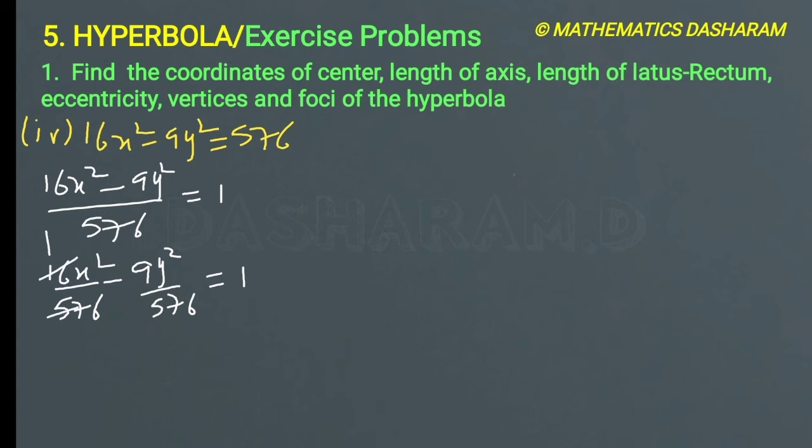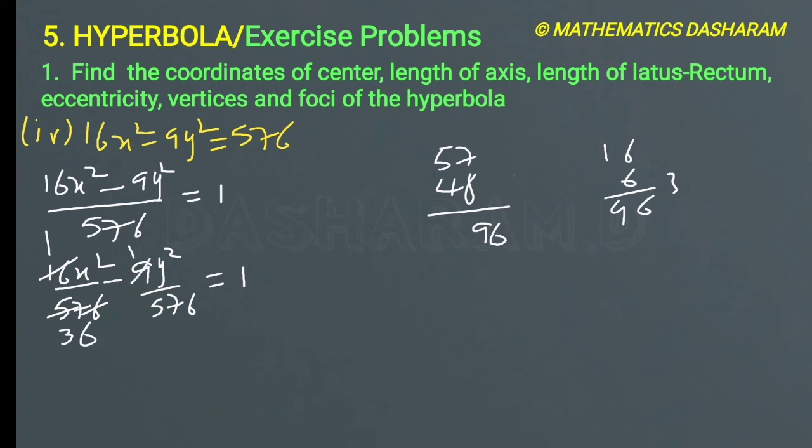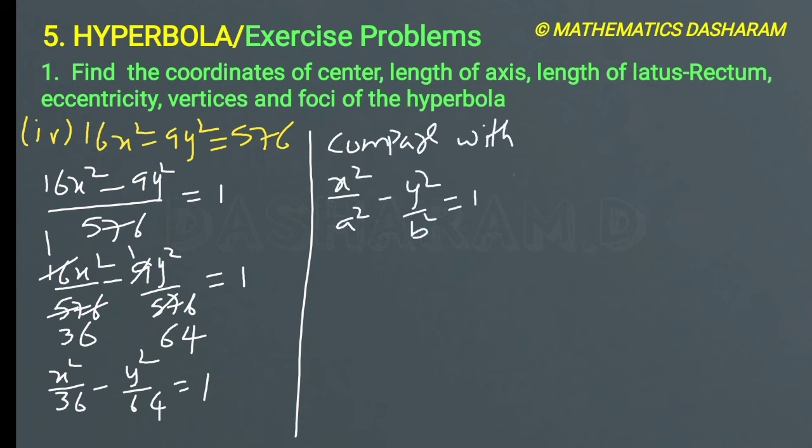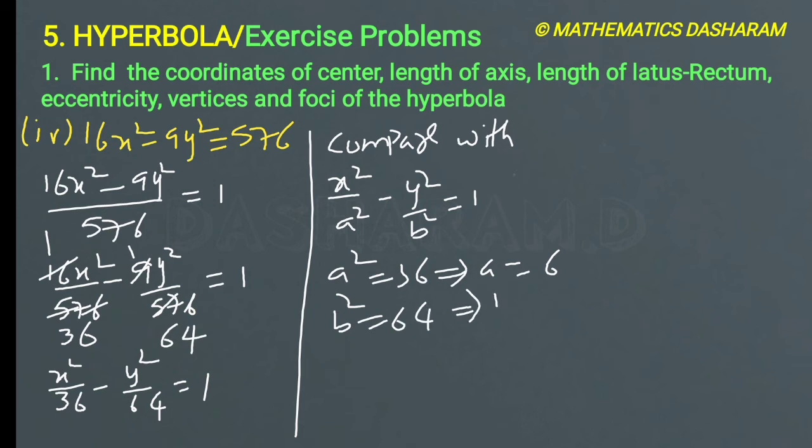16 ones are 16, 16 threes are 48, remainder 9, next digit is 6, 96, 16 sixes are 96. Next, 9 ones are 9, 9 sixes are 54, remainder 3, next digit is 6 and 9 fours are 36. So now compare with the standard form of a hyperbola. Then a square equals 36, then a equals 6, b square equals 64, then b equals